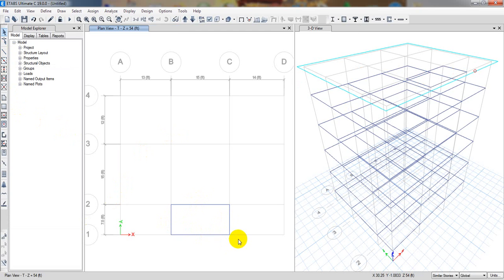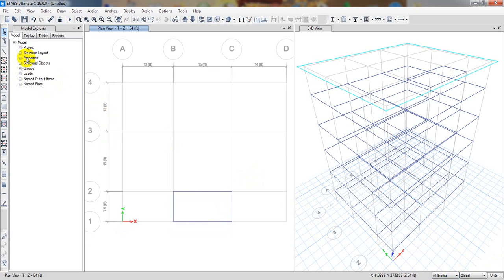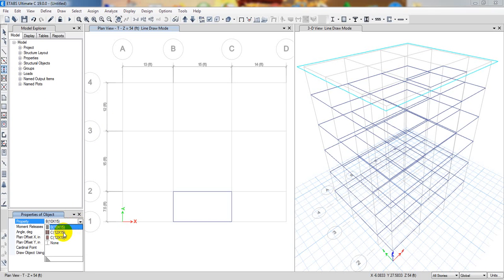Now we have to draw columns. So for that, to draw columns, I'll escape, and from here I'll select all story. Okay, and from all story I'll select that option, quick draw columns. So from here, at this beam, first of all I'll draw the corner column, that is 12 into 12, and here if you see that